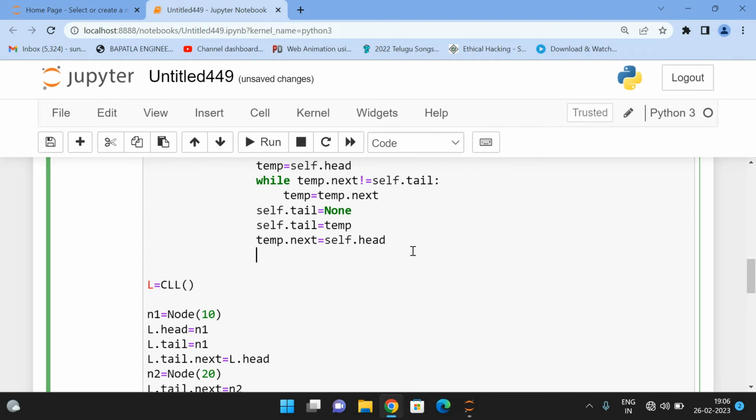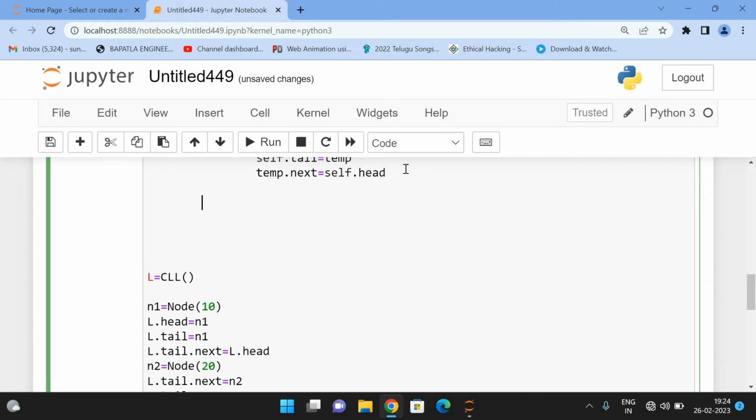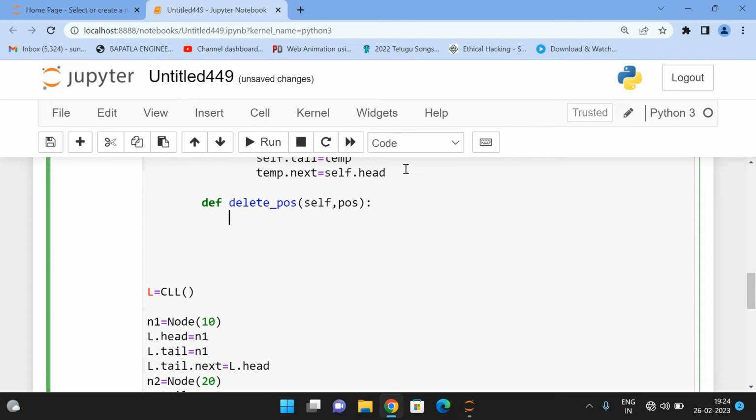Now the third category, yes, we need to go with another category. That is deletion of an element from a particular position. So we need to take two arguments. One is self by default, and another one is the position from where we need to remove the element. First we check whether the linked list is empty or not. If it is empty, self.head will be none. So I'm checking this condition, and simply you can print here